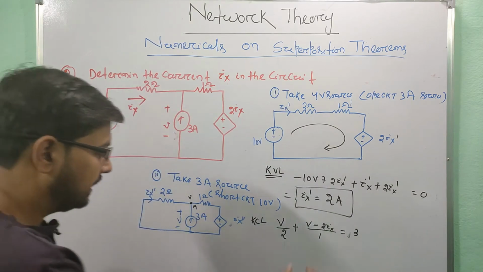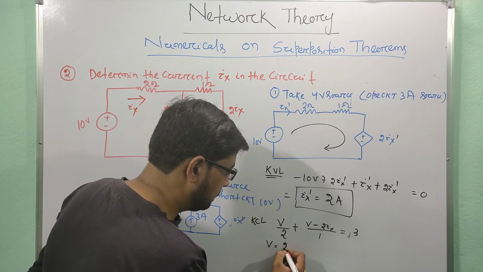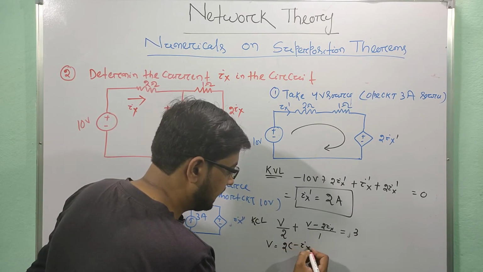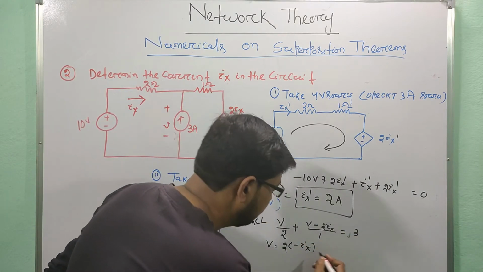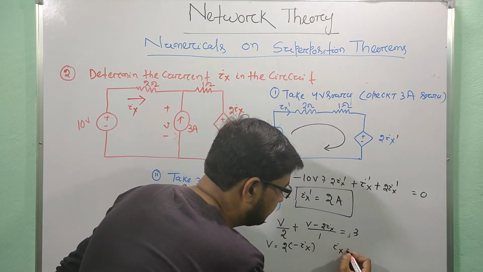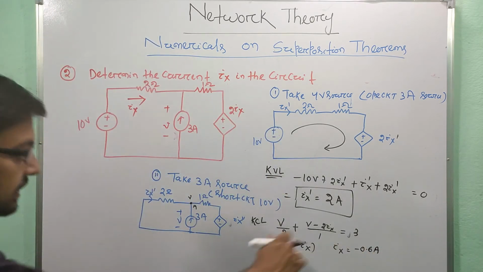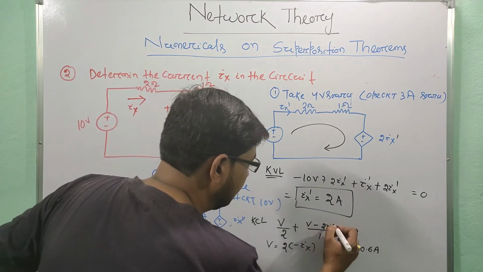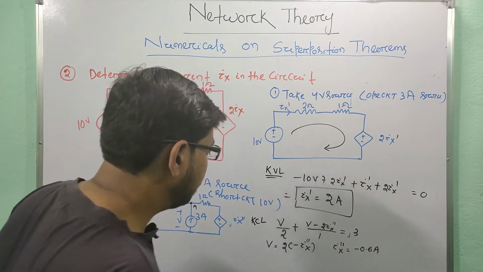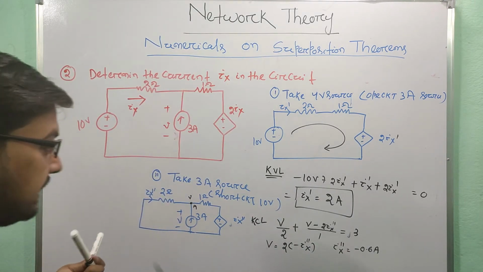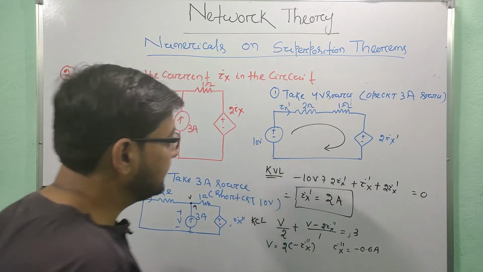Now for solving this equation, I will get V is equal to 2 minus Ix. If V is equal to 2 minus Ix, then what is my Ix value? Ix is equal to minus 0.6 ampere. Let it be Ix double dash. So Ix double dash is equal to minus 0.6 ampere and Ix dash is equal to 2